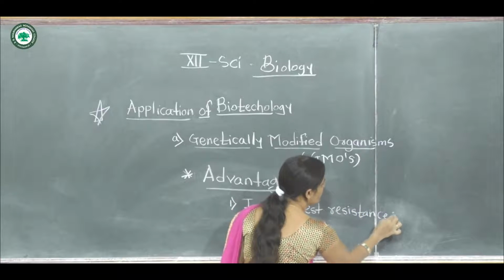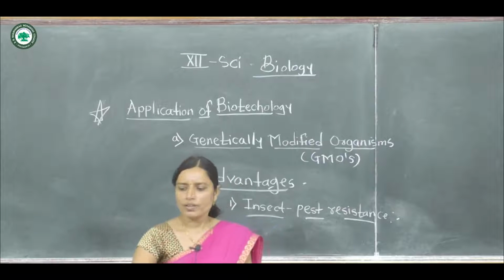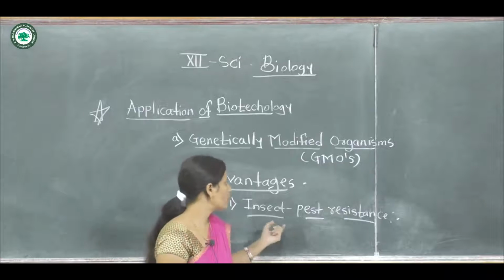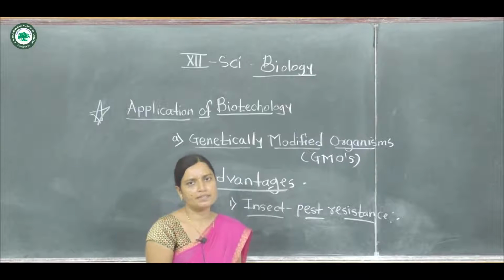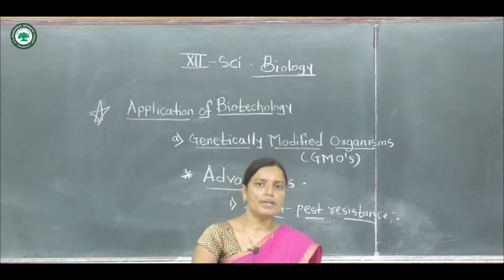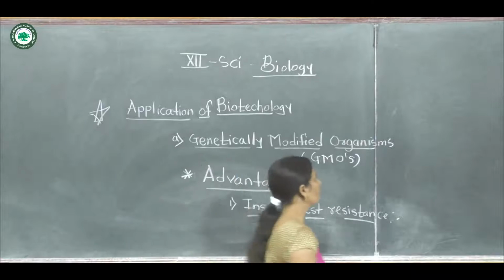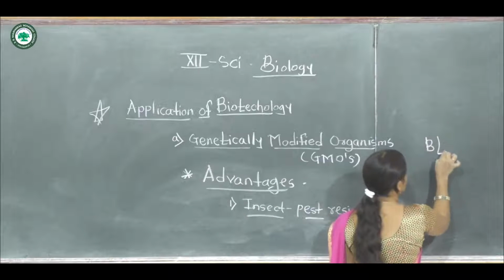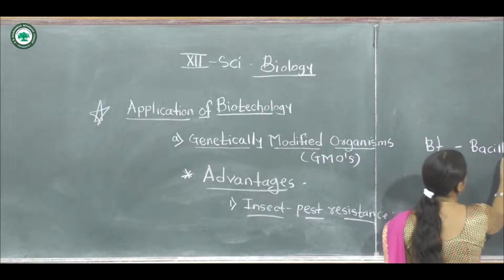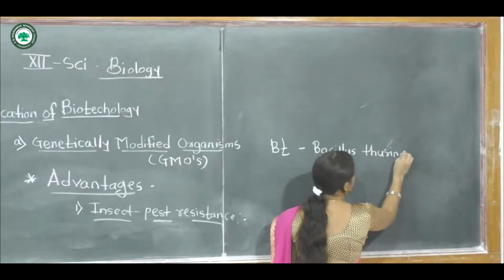Insect pest resistant. One of the bacteria is important for the production of insect pest resistant varieties. Now, the Bt crop. This Bt means Bacillus thuringiensis. It is one of the Bt genes. The Bacillus thuringiensis